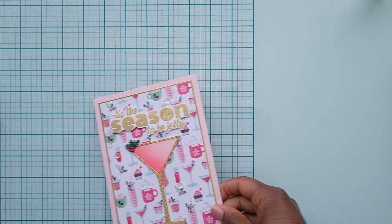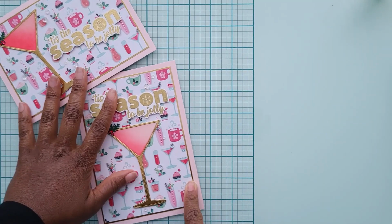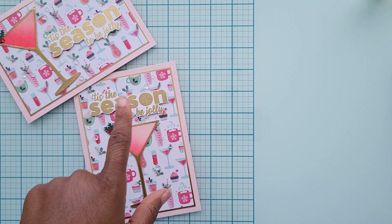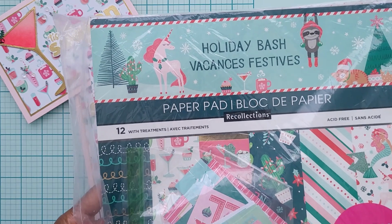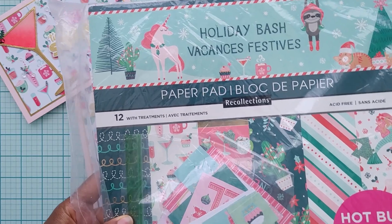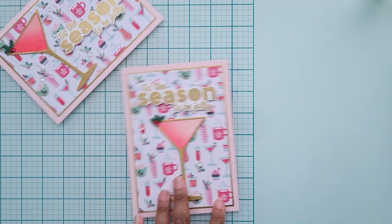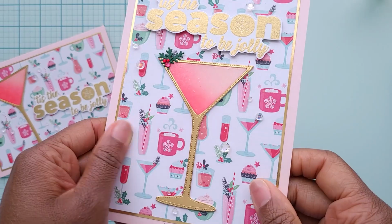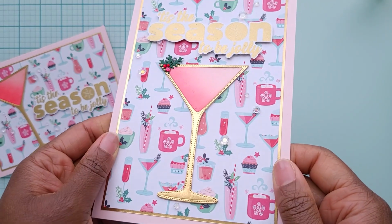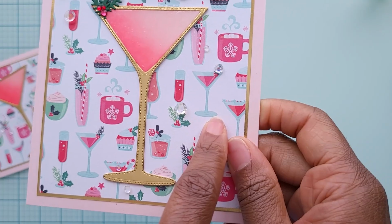Now for this card, the inspiration was the pattern paper. I saw the pattern paper, I thought it was adorable, and this is from a really old Recollections collection. It is from Holiday Bash. I've had this in my stash for a few years now, but like I said, it really was inspired by this particular pattern paper that has all of these festive holiday cocktails and desserts. So I saw this cute pink martini glass and I thought, ooh,